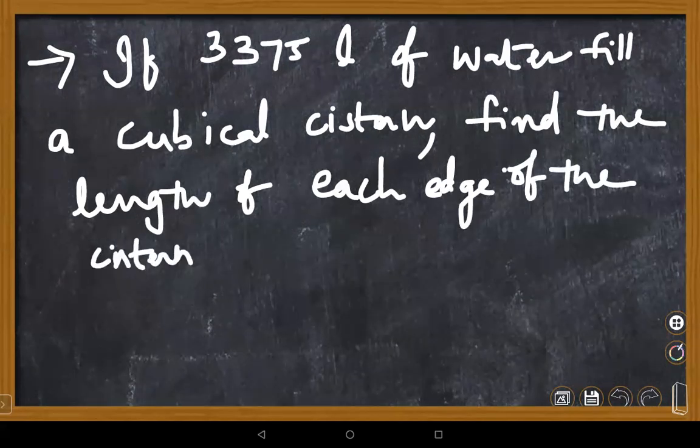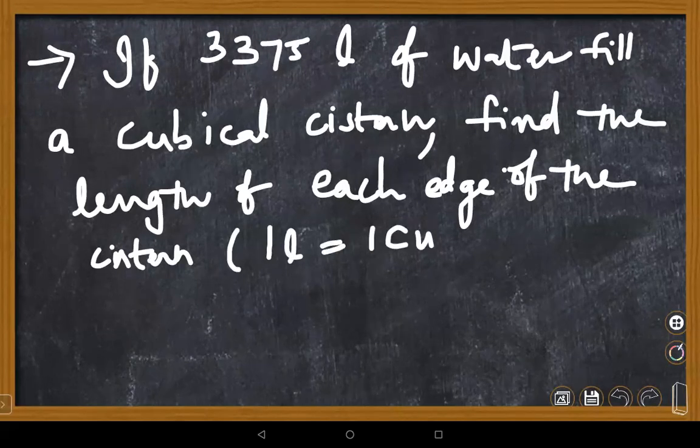Here one clue is given, children. 1 liter is equal to 1 cubic decimeter. What is this? DM means what, children? DM means decimeters, not decameters. Cubic decimeters. Come on, children. Cistern means the capacity of the cistern. A cubical cistern means...